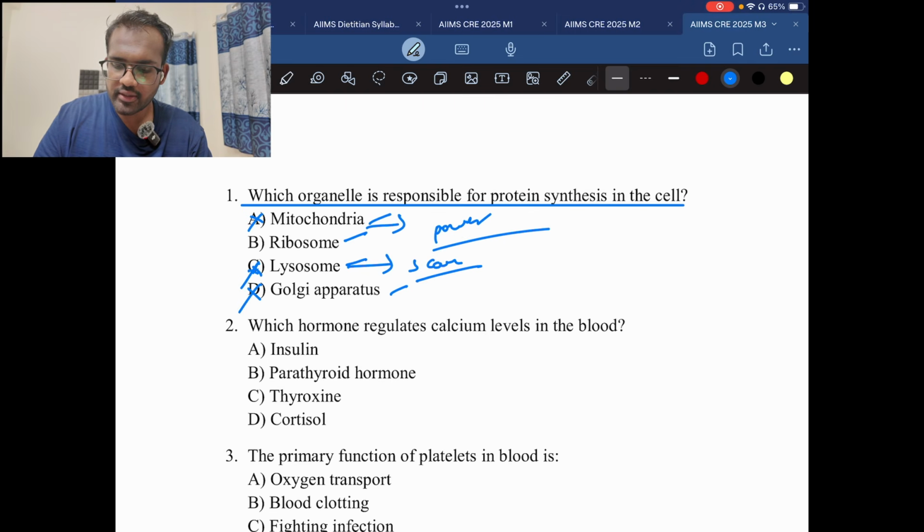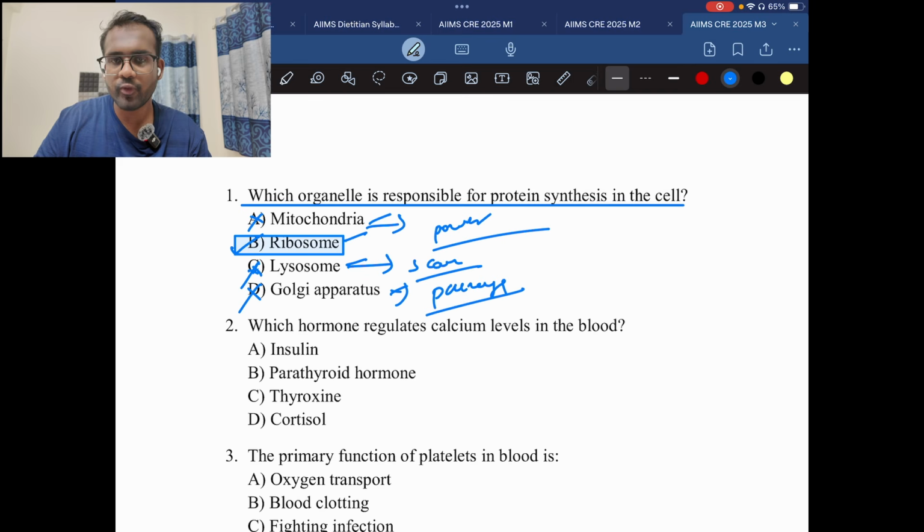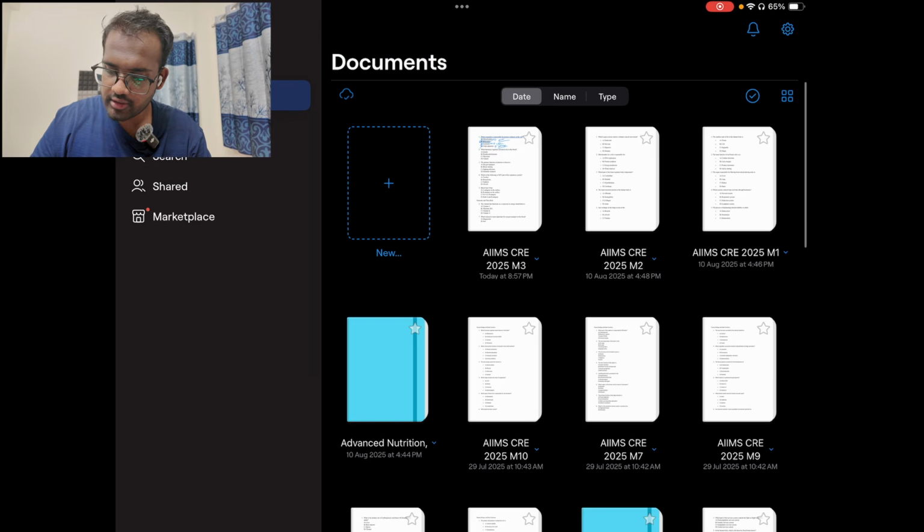And Golgi apparatus is a packaging body where the protein is packed. So that is also not the answer here. So the answer will be B, ribosomes. Ribosomes are the organelles which are helpful in protein synthesis. Okay, regarding this, I have mentioned it in detail in my notes. You can just go to the